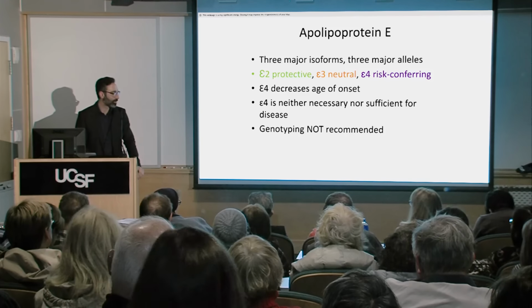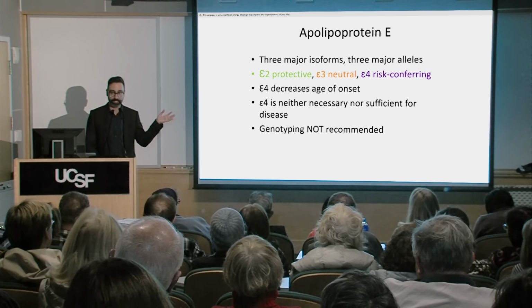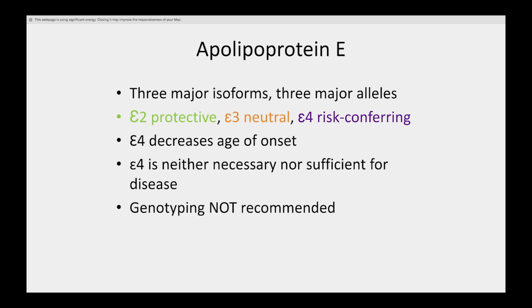And before we move on from this, I would like to talk a little bit about apolipoprotein E, or ApoE, which some of you might have heard of. And a lot of people now, in the day and age of 23andMe, are getting their genetic testing done on their own with various private companies, and they are getting results of whether or not they are, quote unquote, at risk for things like Alzheimer's disease.